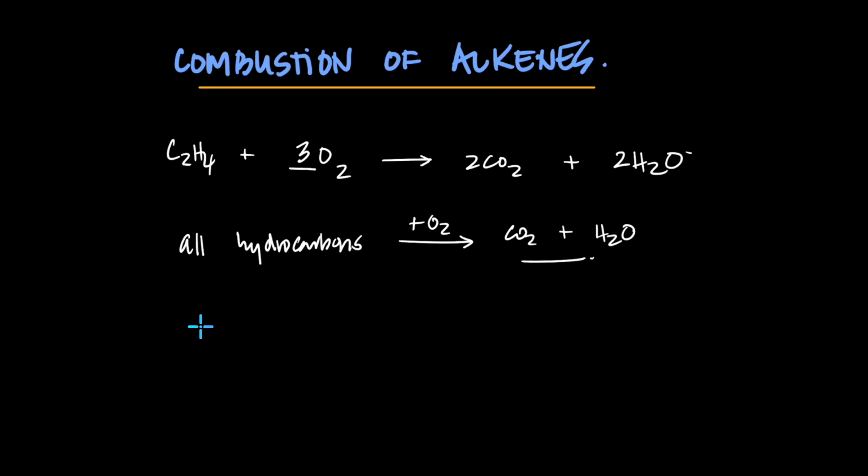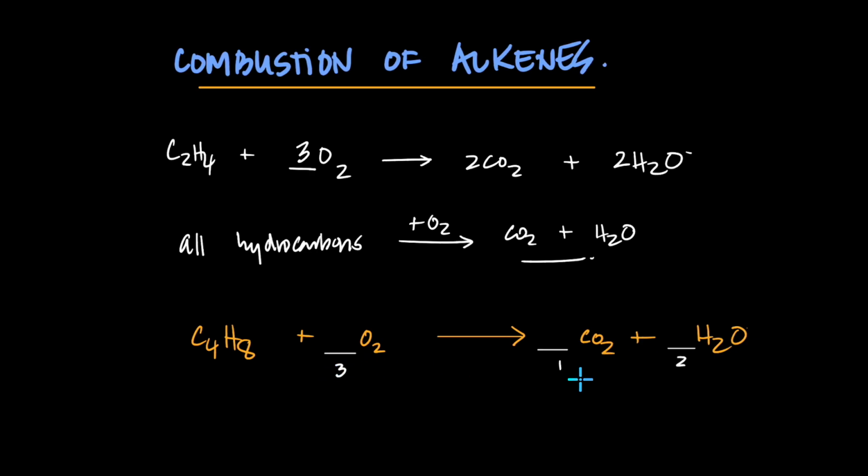But let's say I give you C4H8. It burns in excess oxygen to form a lot of carbon dioxide and water. And you are asked to write the balanced equation, which means you must know that the hydrocarbon burns to form carbon dioxide and water, and then how do you balance it? So what is the coefficient for O, C and H? And my suggestion is always balance the C first, then the H, and then the O, stepwise.